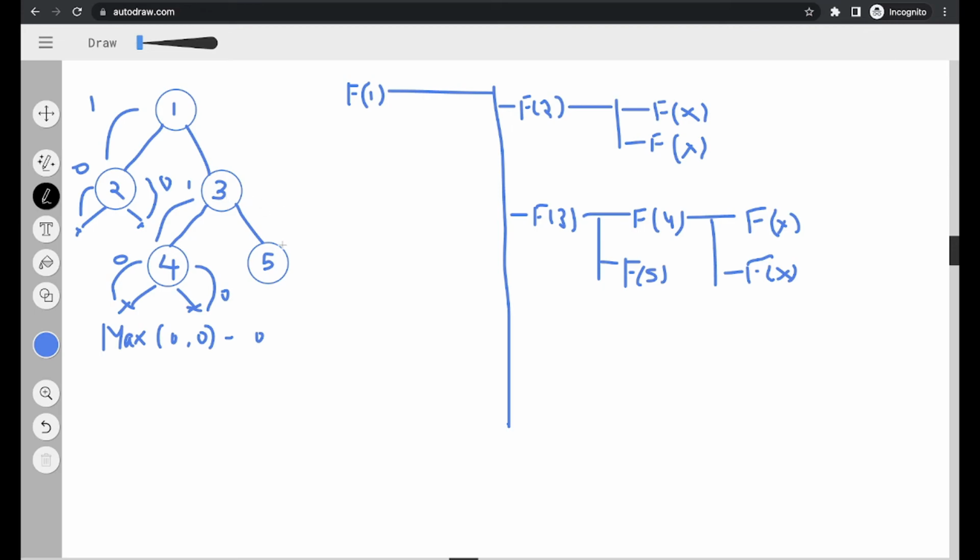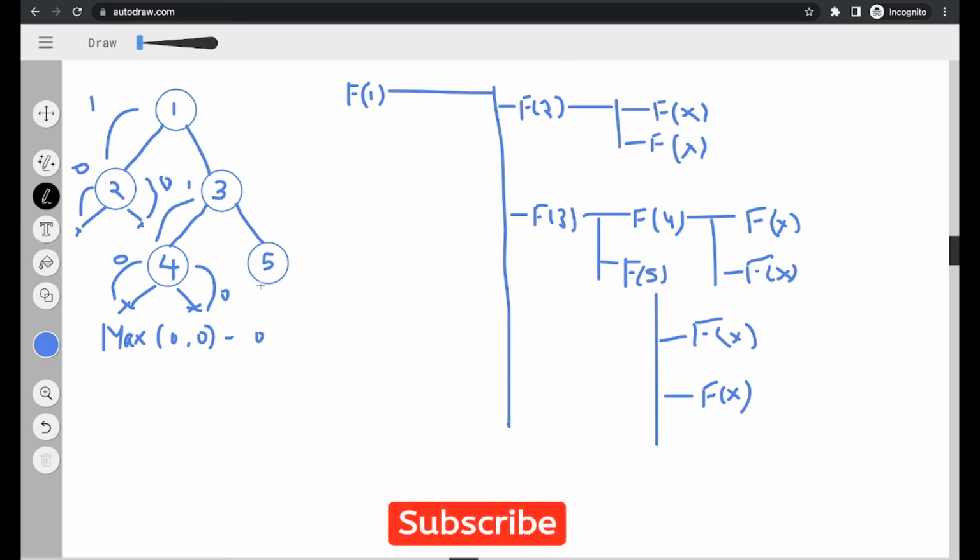Now this particular 3 will call for its right subtree, that is this 5. Okay, so friends, let me do this call stack over here, and again it will check for the edge case, and the edge case will tell us that we have this 5, it is not null, so it won't be returning 0, but it will be calling for its left and right subtree. Again this entire process will take place. So friends, these are the two calls that were made to the left and right child of this 5, and we will be getting 0 and 0 from here.